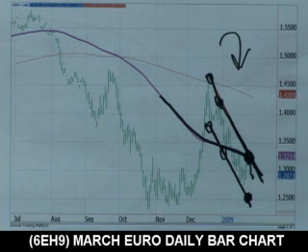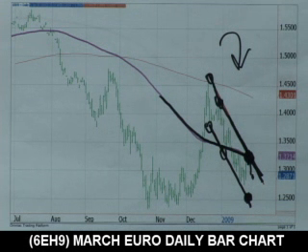But I'm not one of those guys that sells right into something like that. I let the market stop, fail, and then I jump on board. It's much safer to trade that way, traders. All right, that's the euro currency. I want to show you the S&P chart, show you where it is now and what I'm looking at, and the reason why we have to stay neutral for a little while, but we'll find a spot to get in, most likely on Friday. Let's look at the S&P chart, traders.